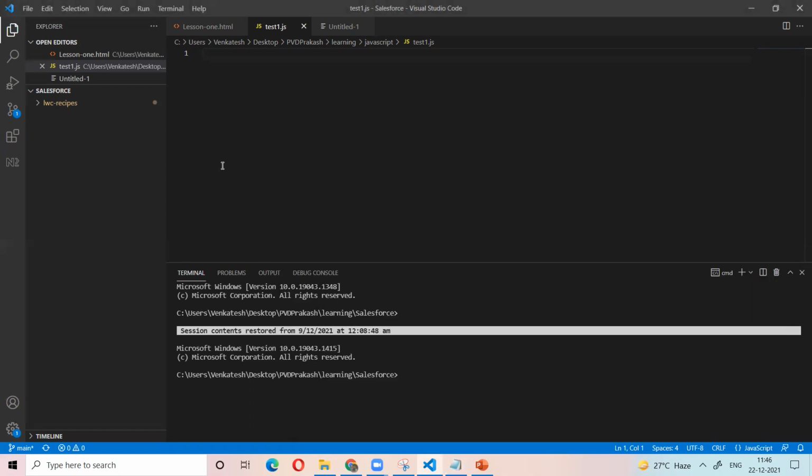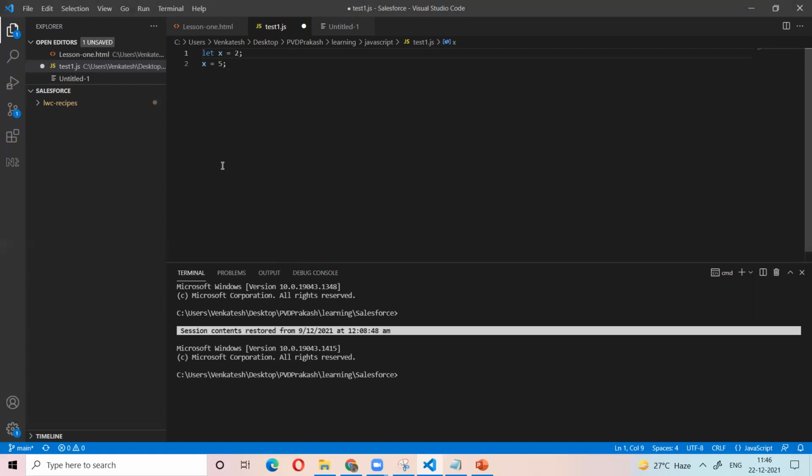Primitive means it has only one value. For example, let X equal to 2. Next, X equal to 5. So it does not hold both 2 and 5. It holds only one value.